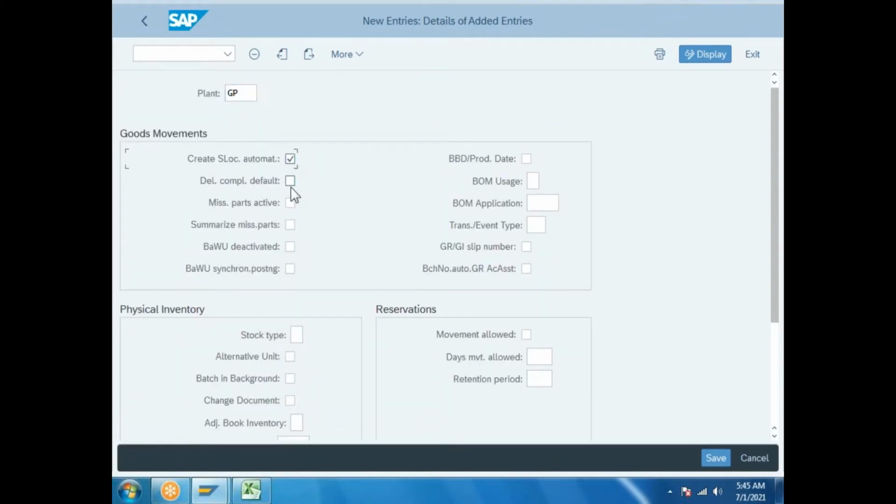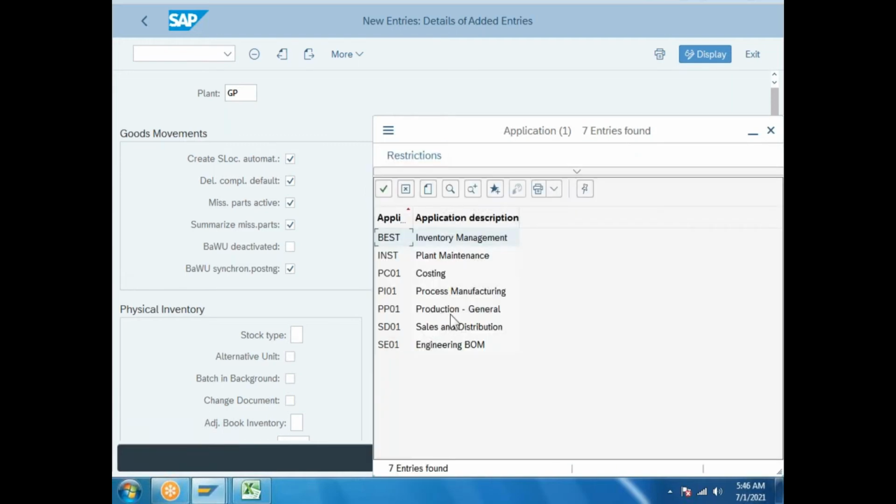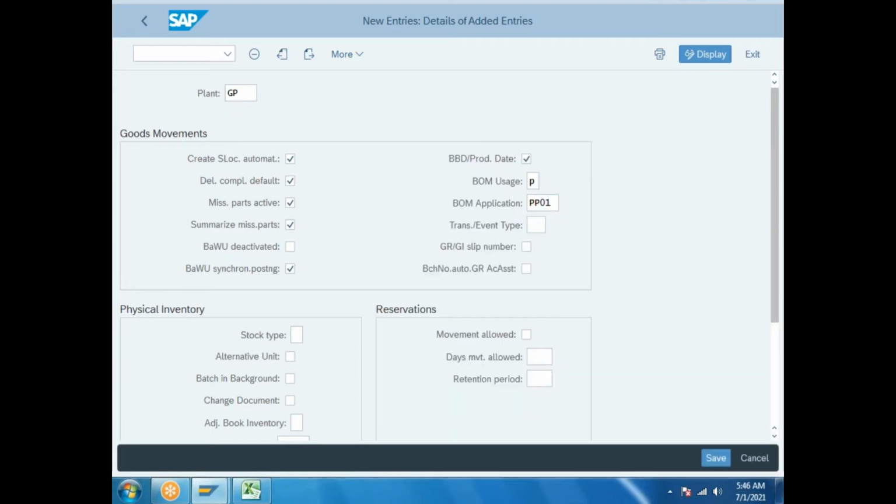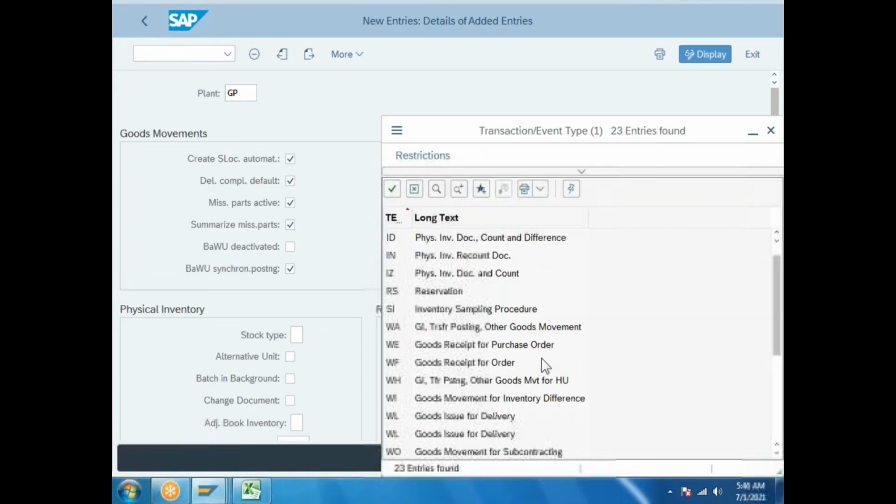We need to activate its storage location, default checking, missing parts active, summarization of missing parts, synchronous posting, any material best before date, BOM usage, production, BOM application PP01 standard. BOM means bill of material. Who will take care of the bill of material? PP consultant, production planning consultant. Okay. What is the standard? PP01 standard. Document type, event type, SCA.